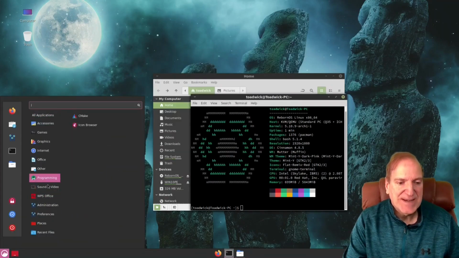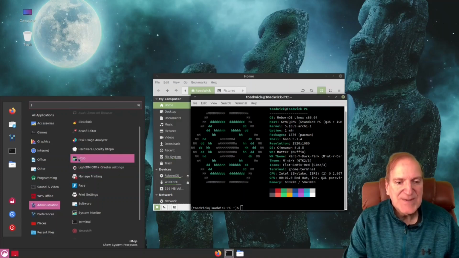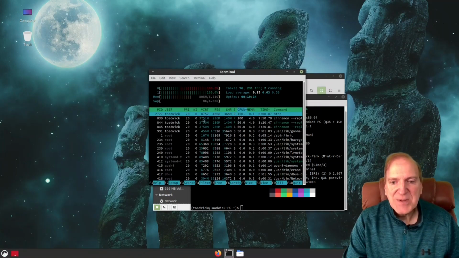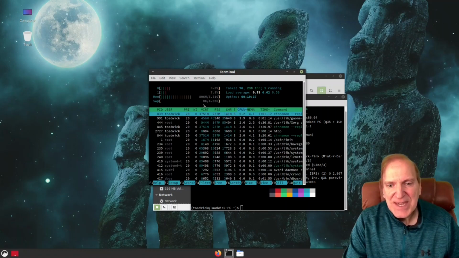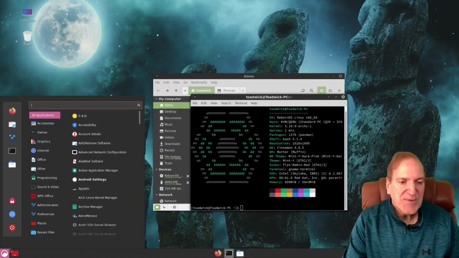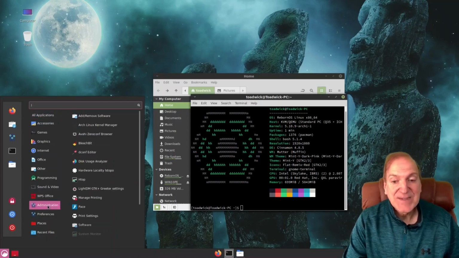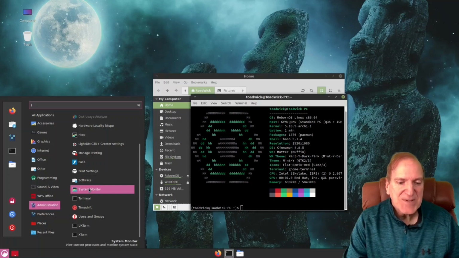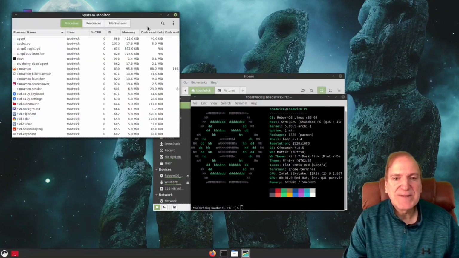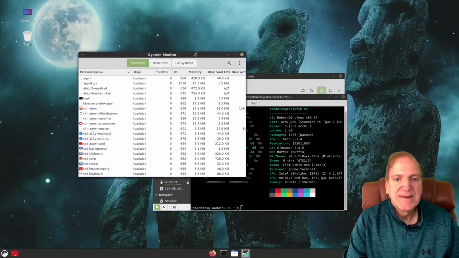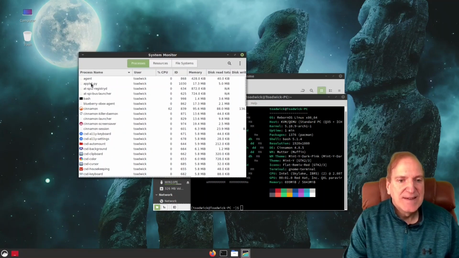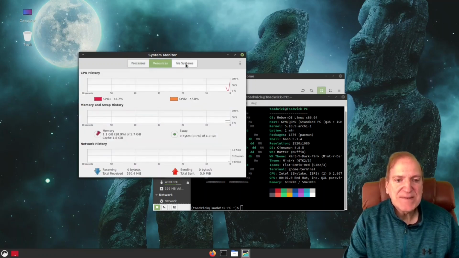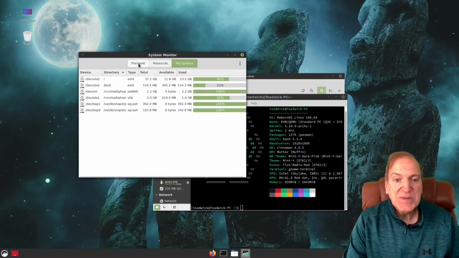Impressive. All right. And here's HTOP. We can just launch that real quick. And we're still at only 806 megs, so that's impressive. Seems very resource friendly, this Cinnamon, especially in the spin anyway, the Reborn OS. And then we have our system manager, which is kind of equivalent to Windows Task Manager, I think it's called. So here's all our processes, resources, file systems,